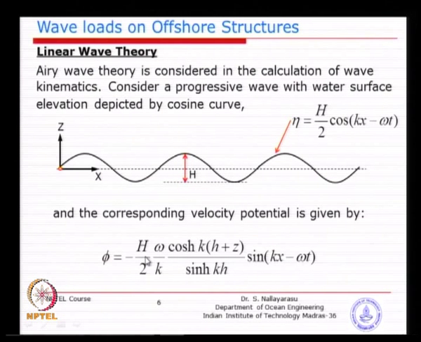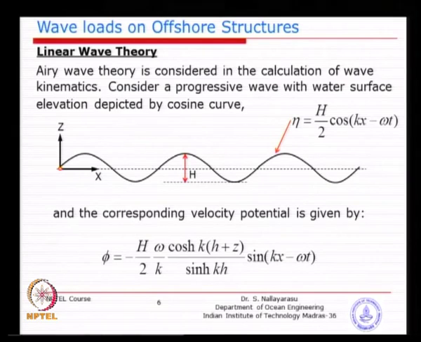You can see that the first term, H by 2, is half the wave height or amplitude of the wave in this case, and the second term is the ratio of the frequency to the wave number. The third one is the depth variation, basically the cosine hyperbolic term along the depth, how the velocity potential changes along the depth. The last one is the variation with respect to horizontal distance and the time. So, during the period of the waveform propagation, how the changes are happening. You could see each one is representing one particular aspect.